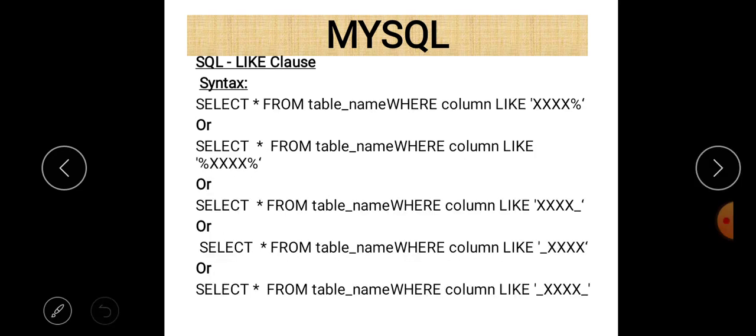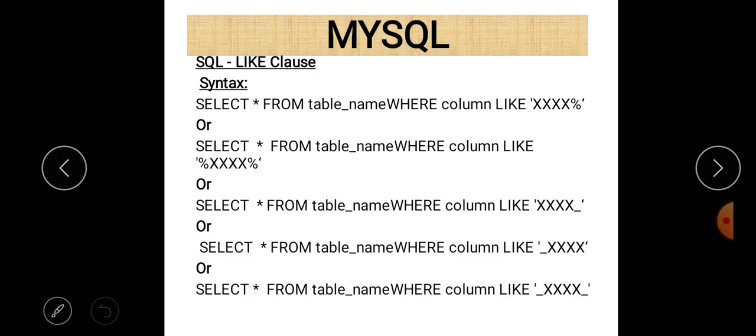And these are some examples of the like clause here. First is select star from table where column name like xxxx percentage. It simply means that all those values are selected which start with xxxx, and after that there may be any string, or if there is no string then it will also be selected, because as you know the wildcard character percentage is used for 0 or more characters.